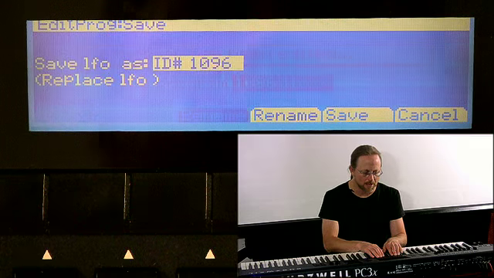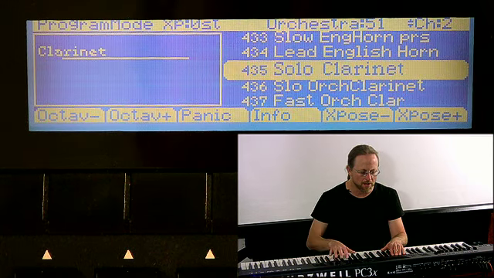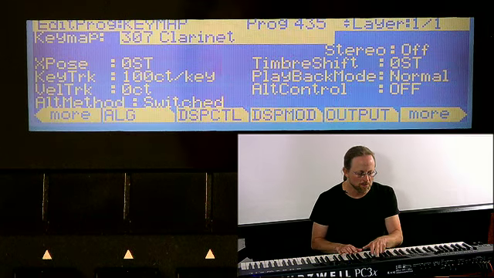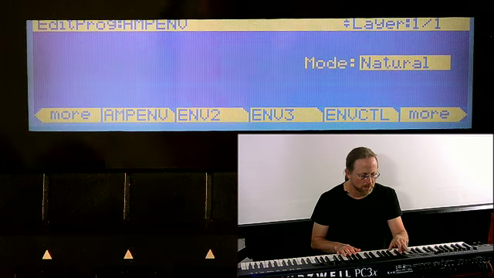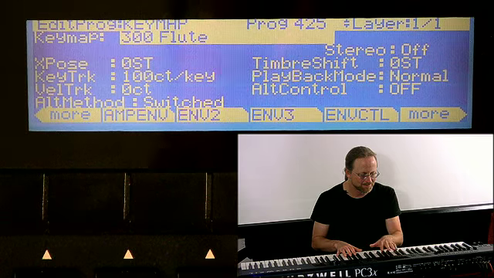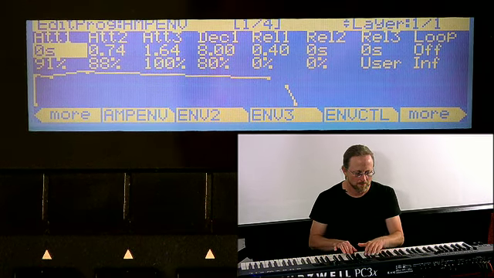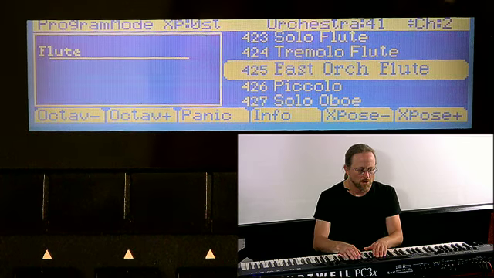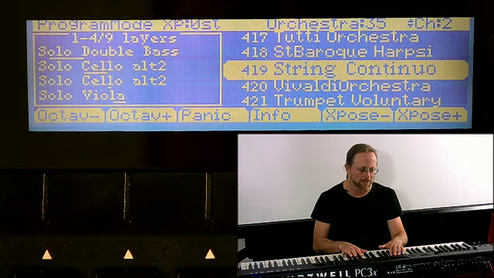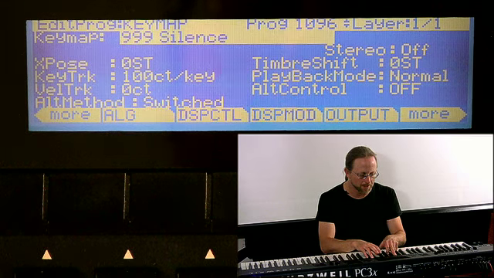Now let's save out of this again, because this is a nice program we're working on, and go back to some of the sounds. You'll find envelopes like this in the orchestral sounds. Let's see. That one wasn't a good example, was it? You'll find different kinds of envelopes are useful for different kinds of articulations. And so the one we just did here on this LFO sound that we like